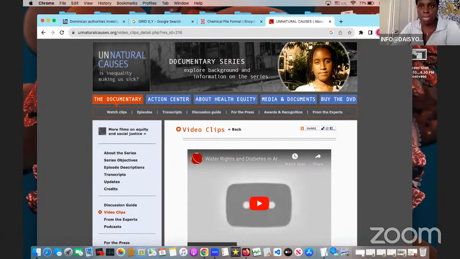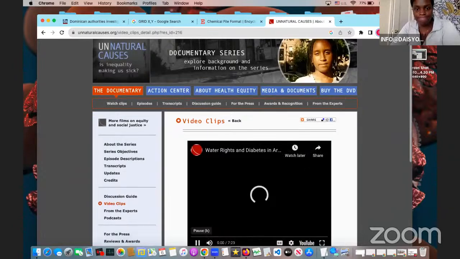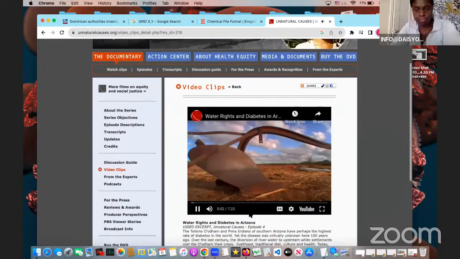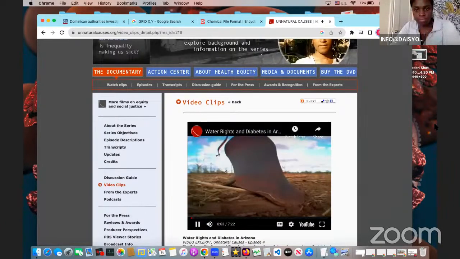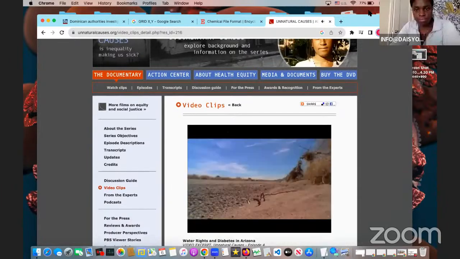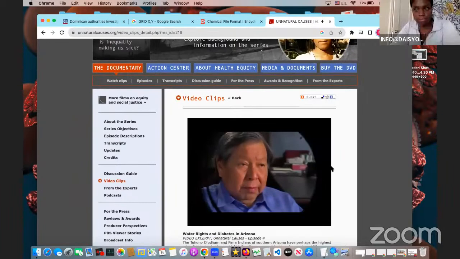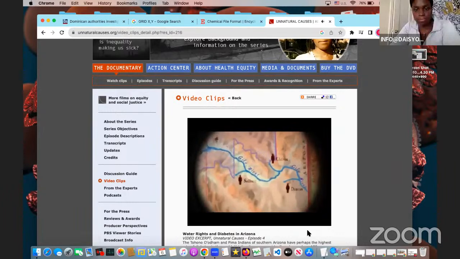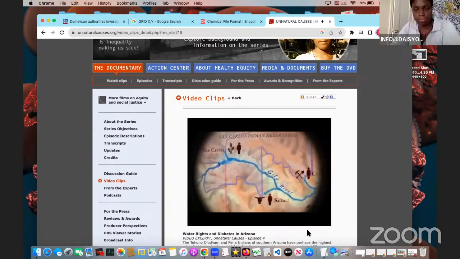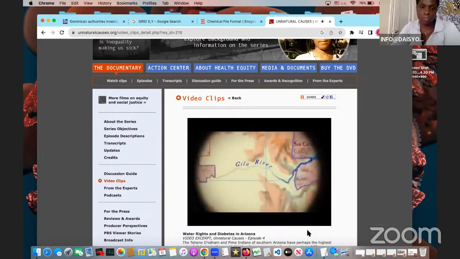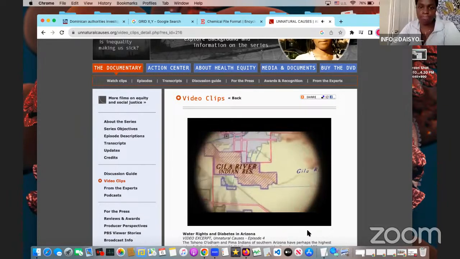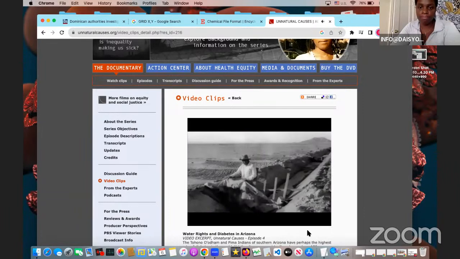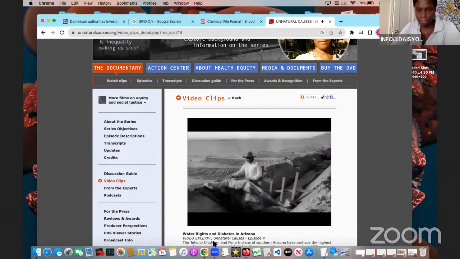Water rights and diabetes. There's a direct connection between the diversion of water in the upper Gila River and the health status and economic status of Pimas and Maricopas. In the 1890s, water simply stopped coming down the Gila River. Upstream, water from the Gila was diverted by dams and water projects, giving white settlers, farmers, ranchers, and mining interests the water they needed. And we were dependent upon that water to grow crops, to provide for ourselves. Not even the 1908 Supreme Court decision upholding water rights for all Native Americans could protect the Pima.